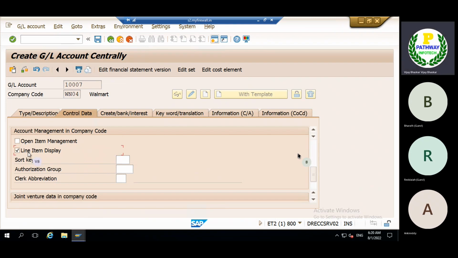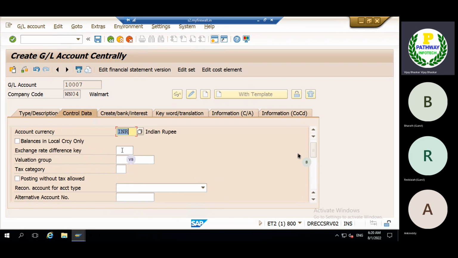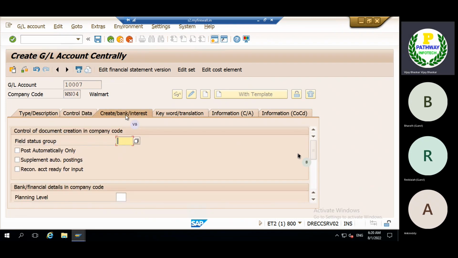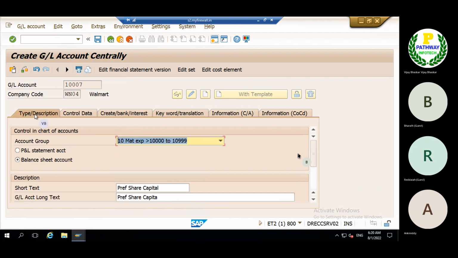Then line item display also. Sort key 001. Here. Then G001, post automatically checkbox on. Which fields do we want? Then come here and save it.